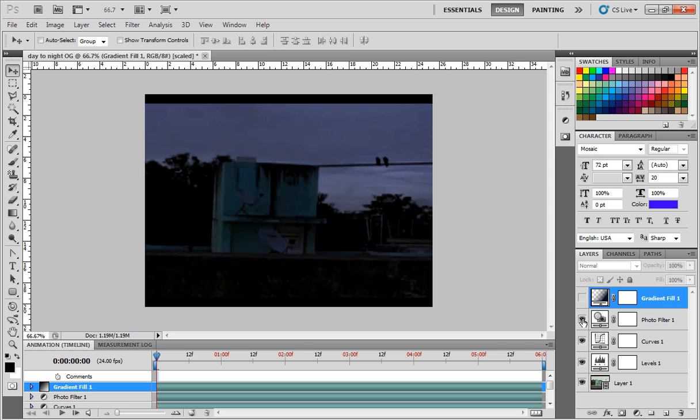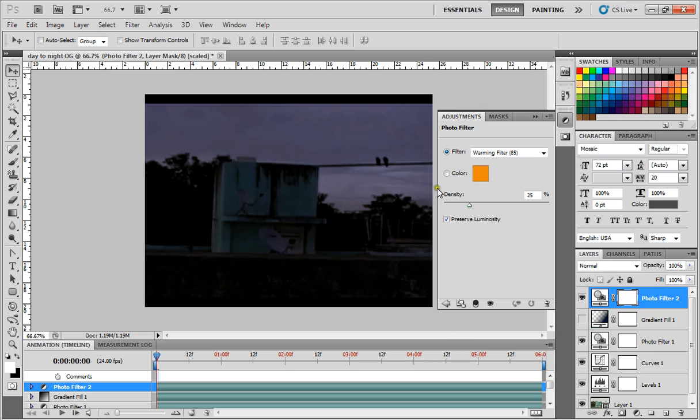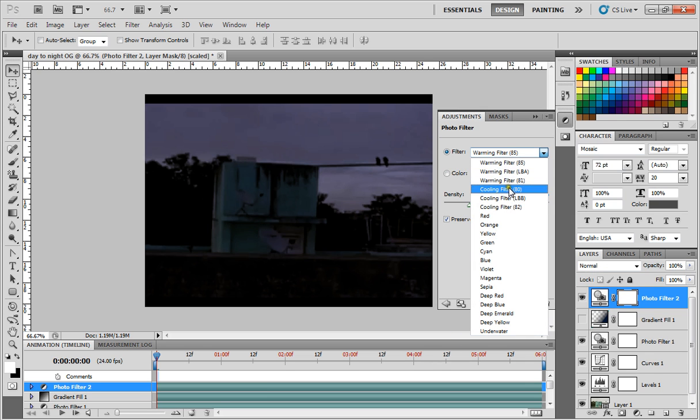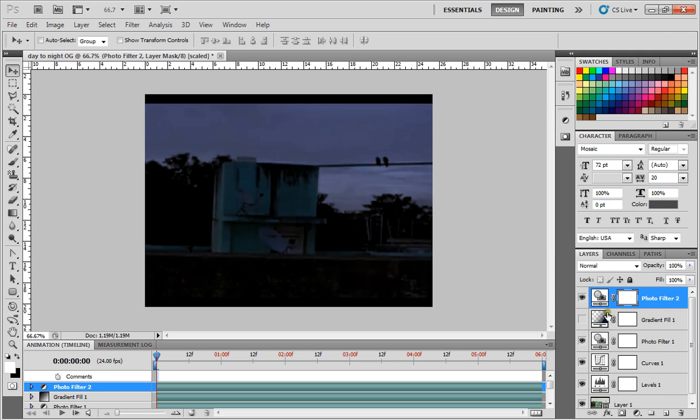Now the photo filter is such a useful filter that I cannot describe in words. Basically, when you add a photo filter, let's just add that. Where's that photo filter? Here we are. Okay, so now you can choose between warm filters, cool filters. Look at that. But it just makes my scene more blue because I had already attached it. Just adjust the intensity, release it, desaturate it, anything. It's a really good technique of using